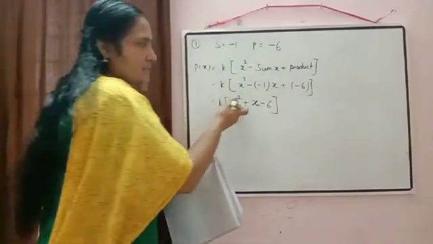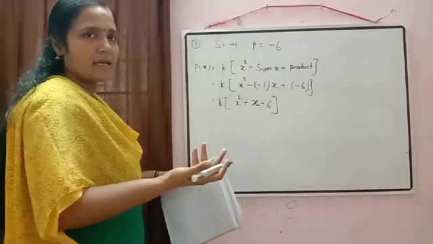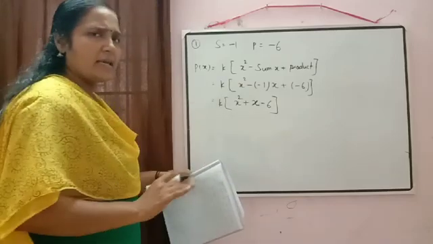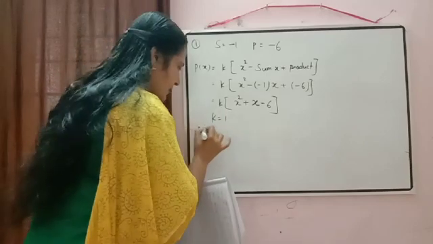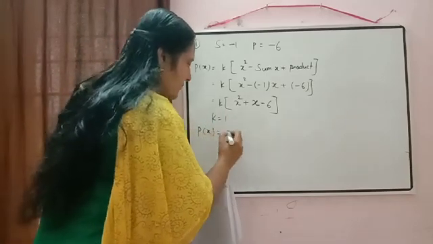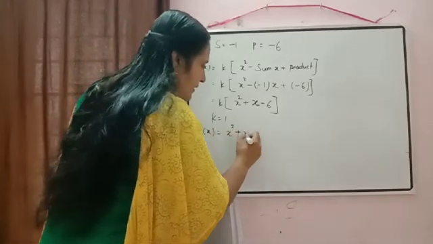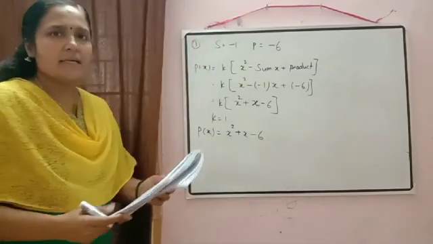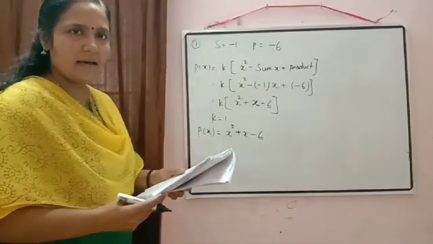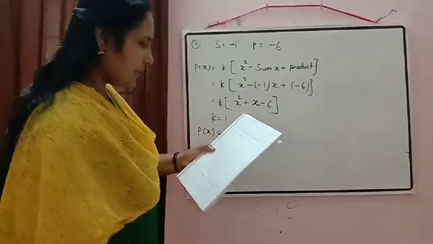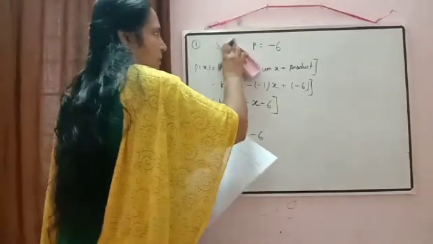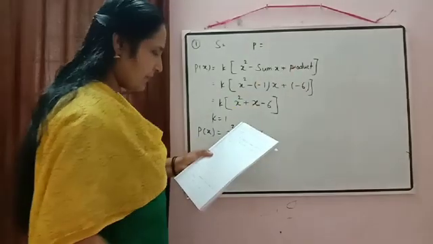Now here you just check there we don't have any fraction there. Then what we can take, k is equal to 1. So taking k is equal to 1, then we will get here P of x is equal to x square plus x minus 6. So I hope this question is clear. Okay. Now next one, sum is equal to minus 2 by 3 and product is equal to 3 by 5.